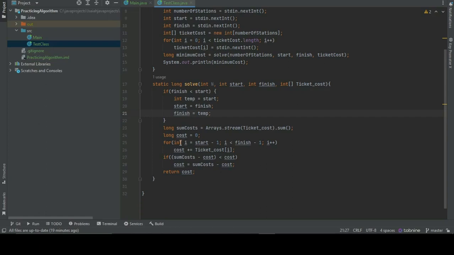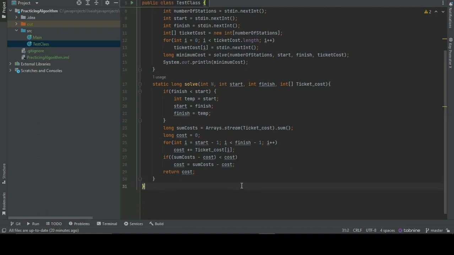Now we have to specify our value for long cost. We have to initialize it, then calculate the cost it takes to move from the start to the finish position, and then we compare: if the sum cost minus cost is less than cost, we say cost is equal to sum cost minus cost. Then just return cost. So after this if condition is checked, it returns cost. No matter what, our value remains the minimum, and then we print out the minimum cost from this position. So I run the program,